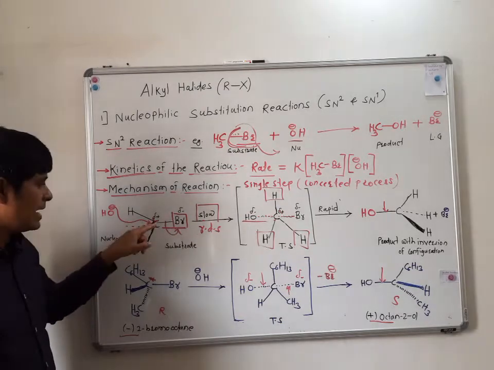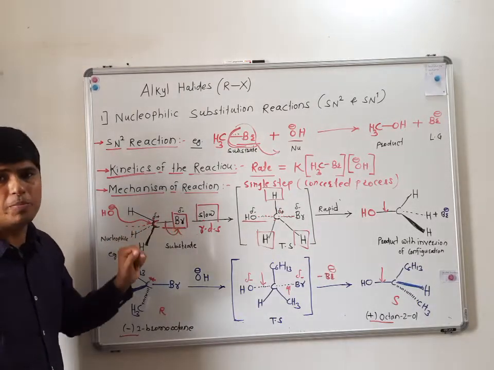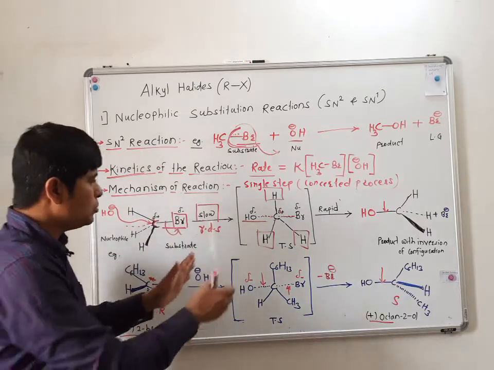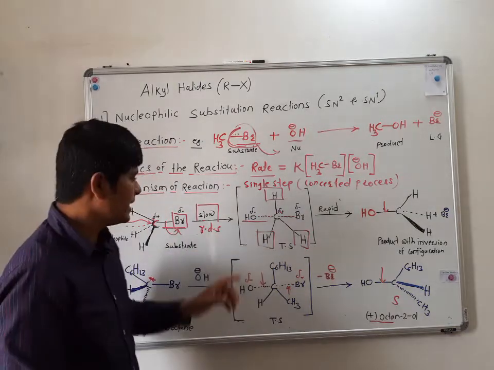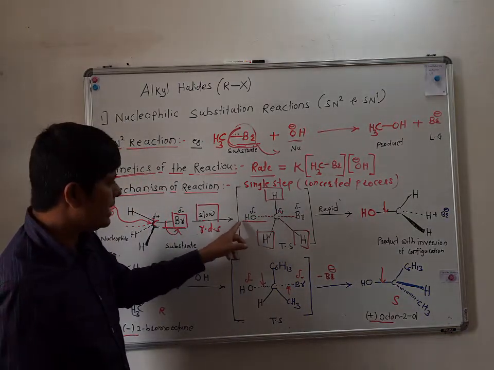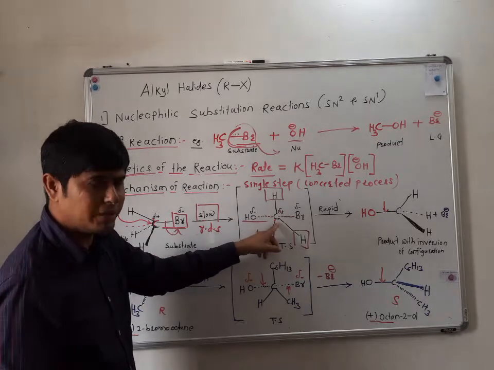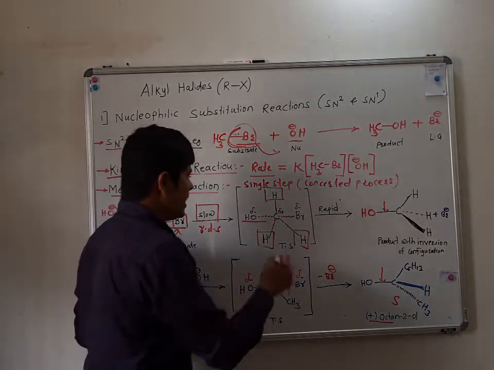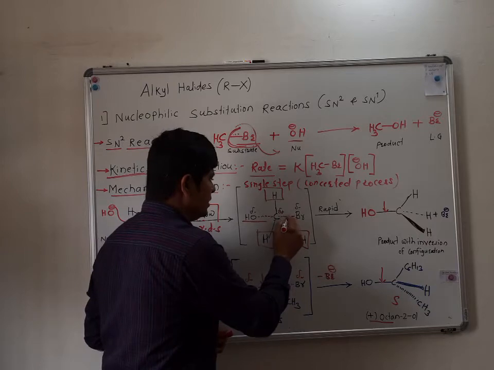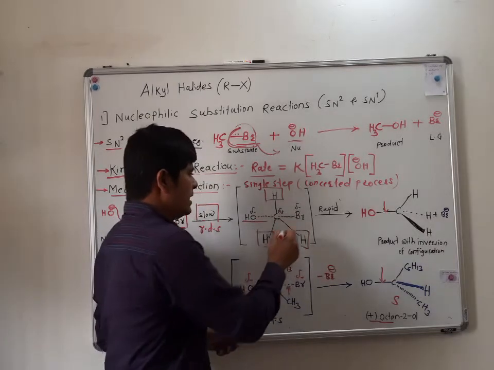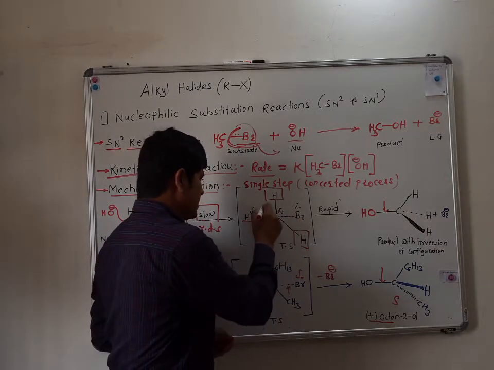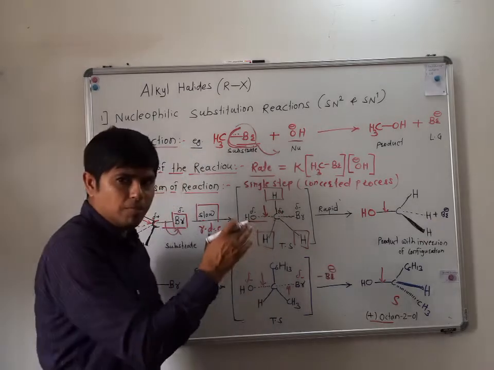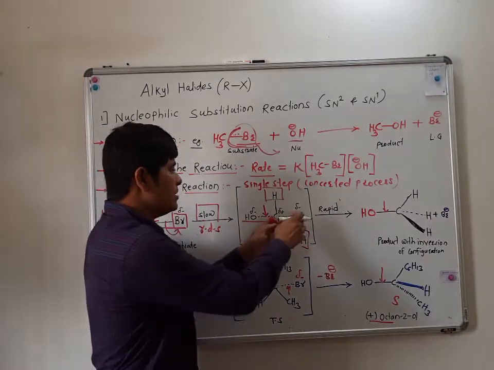At the same time there is departure of this bromine atom. So this is what we have shown here in the transition state. See, this hydroxide ion is approaching to form a bond with carbon, and at the same time this carbon-bromine bond is getting weakened. And when this carbon-oxygen bond forms completely, at the same time this carbon-bromine